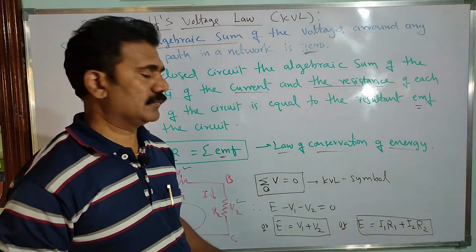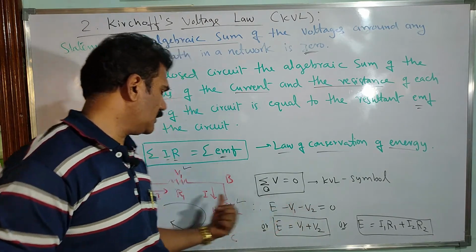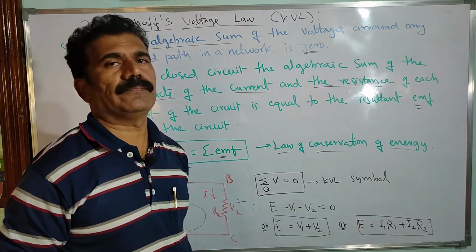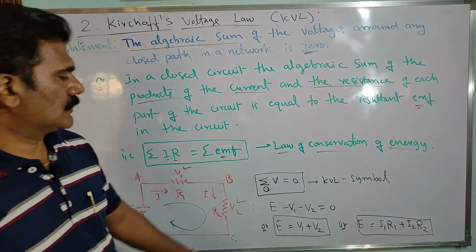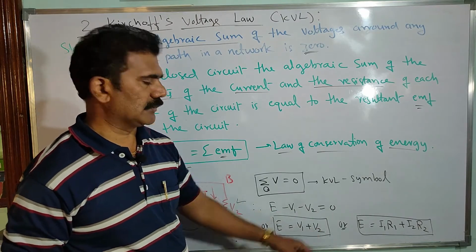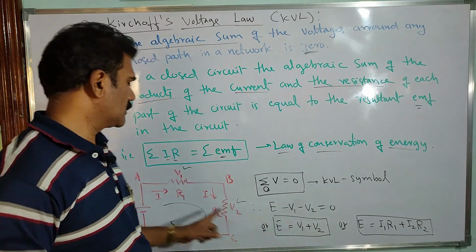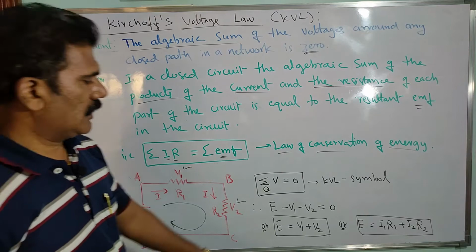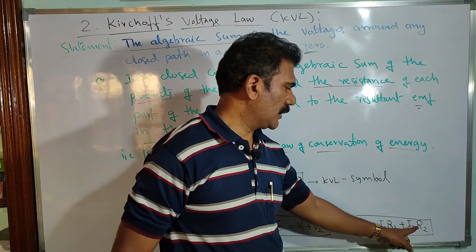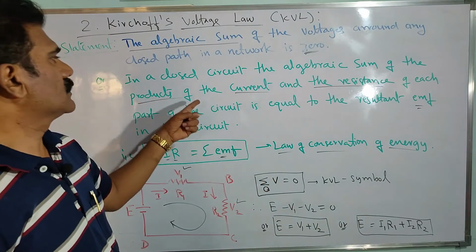Minus V1 minus V2. So the total EMF against V1 and V2 is the EMF generated against the supply EMF, and hence there is a negative sign. So the total is equal to how much? 0, according to Kirchhoff's voltage law. So you can write E is equal to V1 plus V2. Supply voltage E is equal to the sum of the loss of voltages across R1 and R2. That's it. According to Ohm's law, V1 and V2 also can be written as I1 R1 plus I2 R2. Correct? So this equation is according to the second statement.